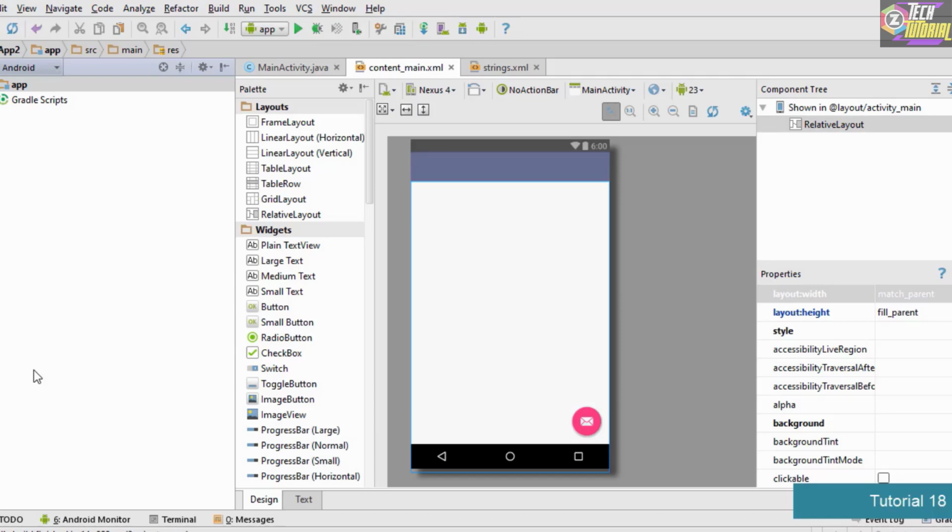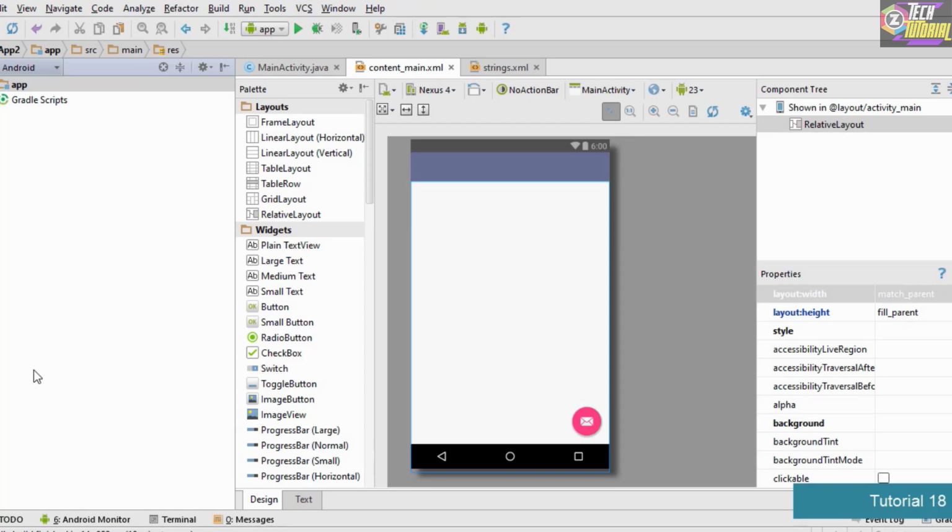Hello and welcome to this tutorial, and in this tutorial we are going to learn something about event handling. Now an event is nothing but when we are using our Android application and we perform some action, like if we tap a button or if we drag and drop something onto the screen, or if we double tap the screen, then an event is said to have occurred.